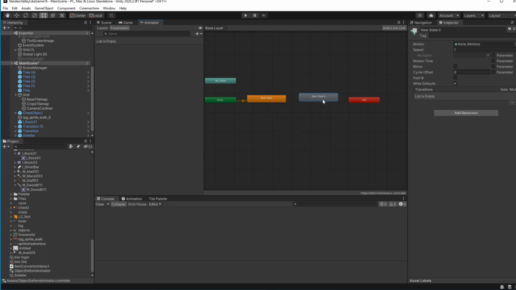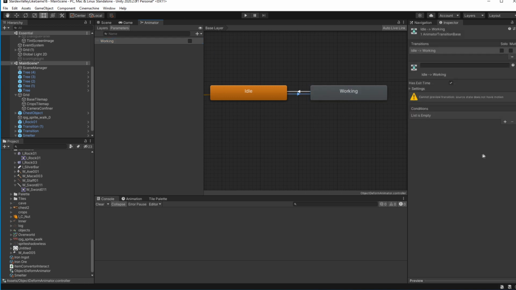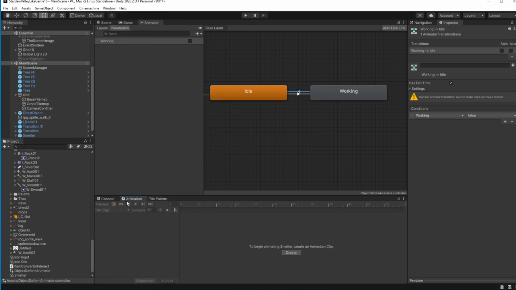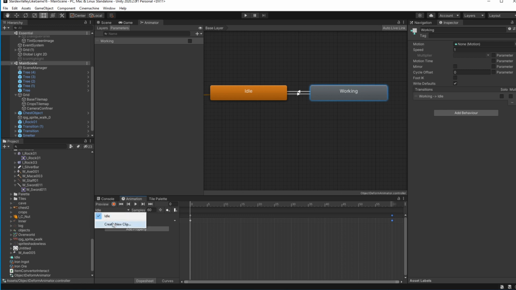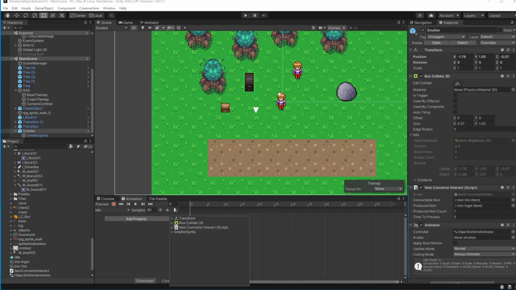Create two states, one for idle and one for working, and a parameter which we'll use for transition between those two states. Then animate the object. We will simply squish it a little when it works.